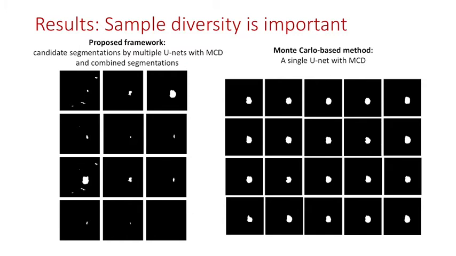On the right-hand side, we have 20 Monte Carlo samples generated by a single unit. The candidate segmentations look very similar to each other, and that's why the Monte Carlo quality control falsely overestimated the DSC. From this example, we learned that the proposed framework can generate high sample diversity, and it is important for robust